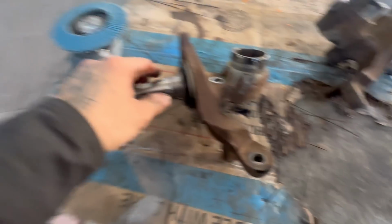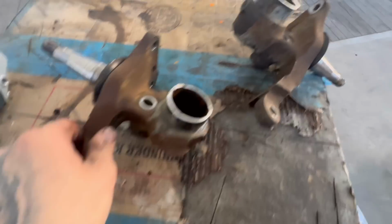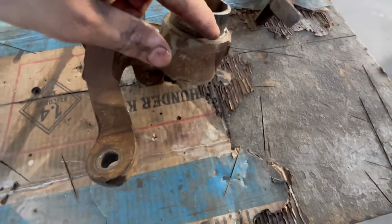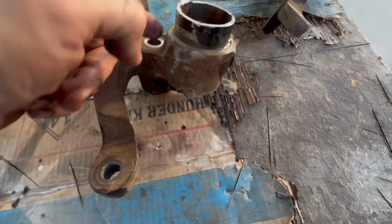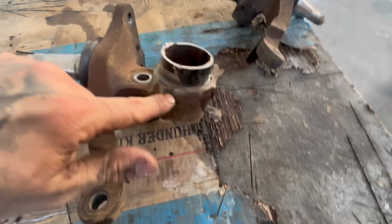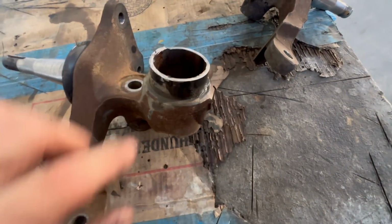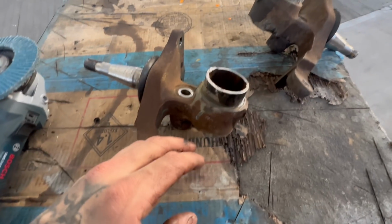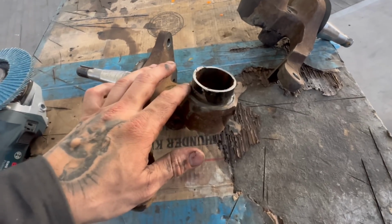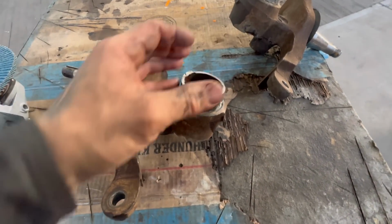All right, now that the strut's cut off, this is what we're left with. Now we're going to run the grinder around this face and around this edge here, the best we can, just to clean up the steel. We're going to deburr this a little bit and give it a little bit of a taper because it's actually like a press fit. Now, if you don't have a press, you can still get it on, that's fine. Just taper the edge, and that'll get it started. And then